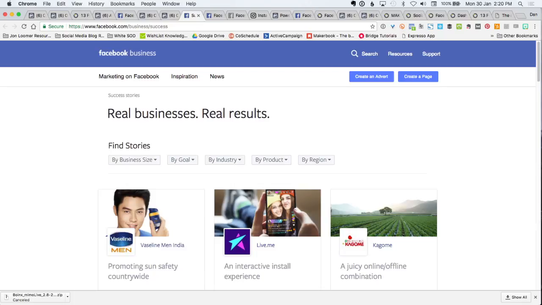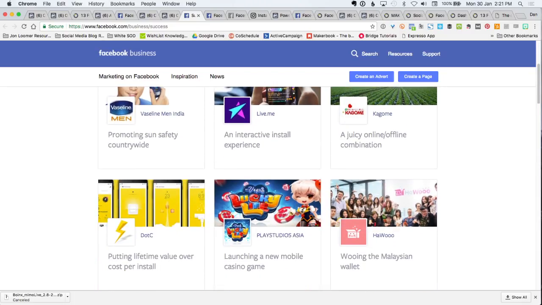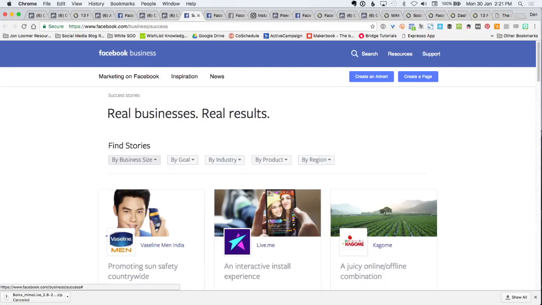So Facebook have got a lot of different case studies, obviously in their best interest, to show you people from similar industries, similar business sizes, and objectives on what they did and the results that they actually got. So they've got some good filters here, not only by, like I said, objective, industry, and business size, but also in your region as well. So you make sure it's relevant to you. They do have Australian-based case studies as well, and this is under